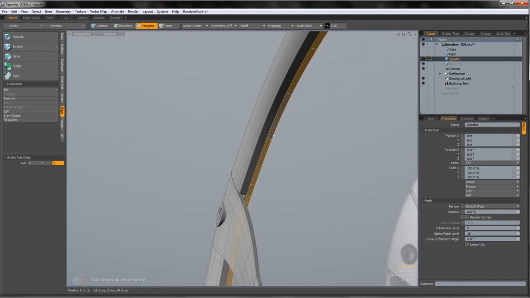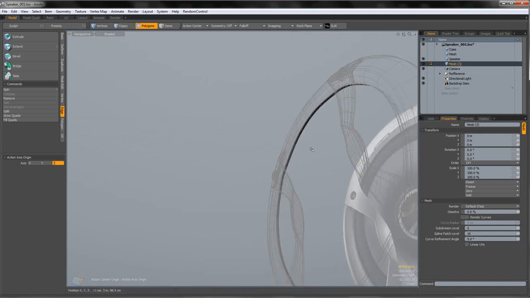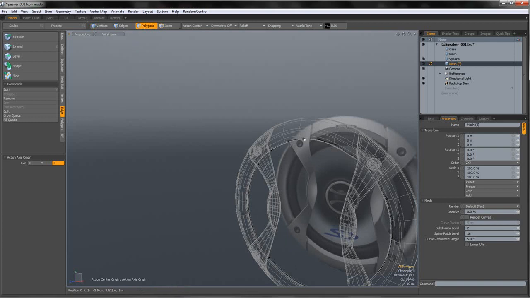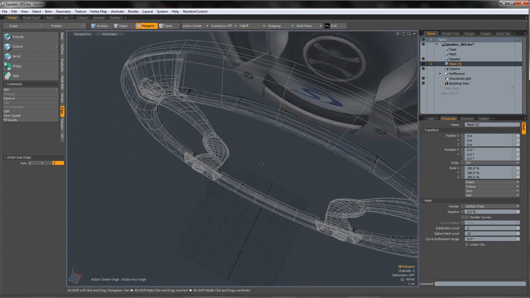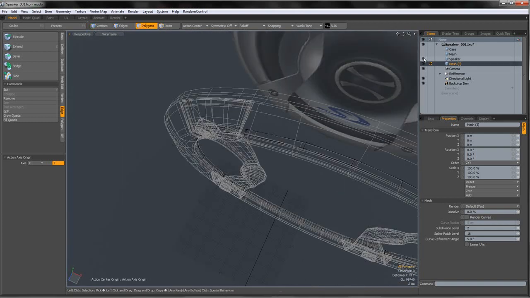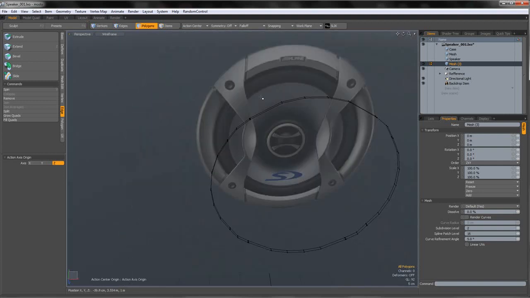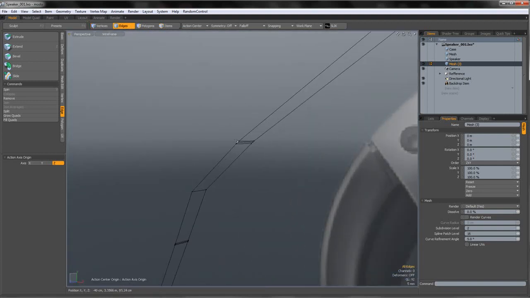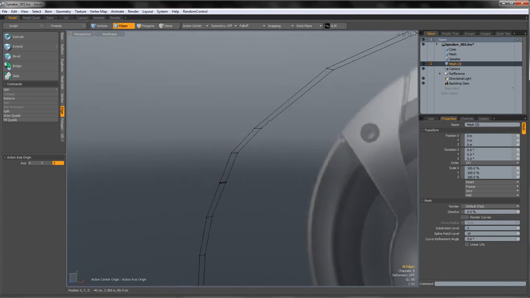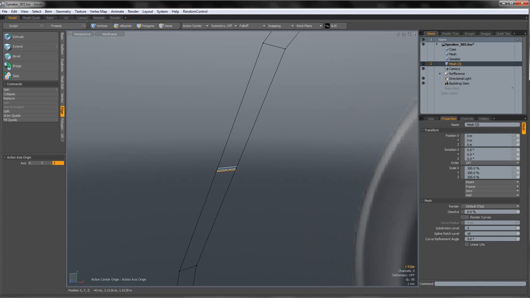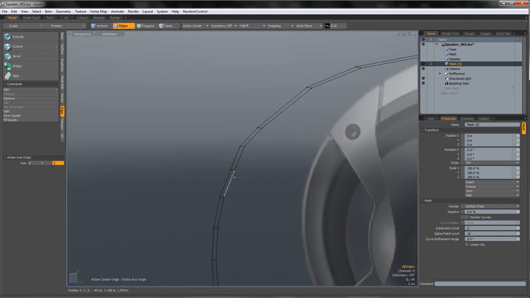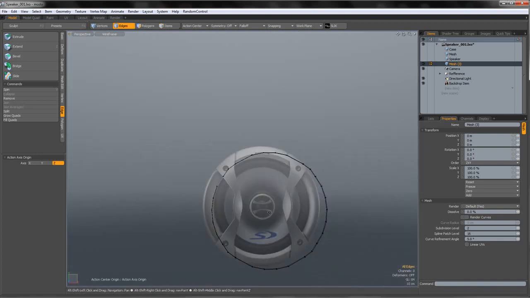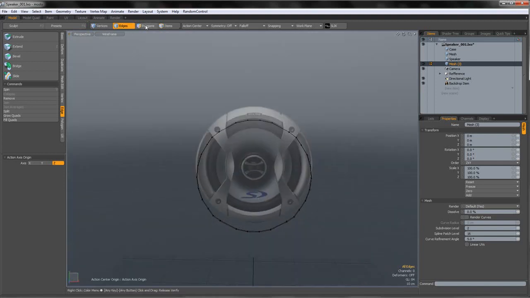So we're gonna create it using parts from this mesh here. But basically we're gonna remove everything that we don't need, like those two edges and like that. Or we can actually